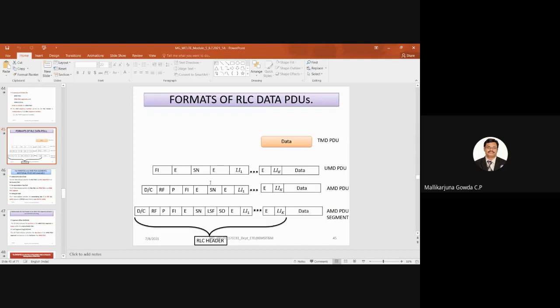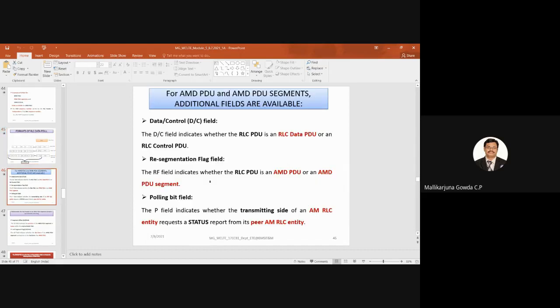Then next is the P bit, right? That is the polling bit field. The P field indicates whether the transmitting side of an AM RLC entity requests a status report from its peer AM RLC entity.